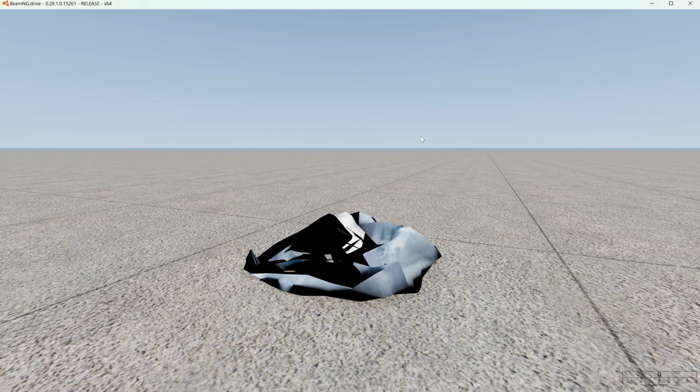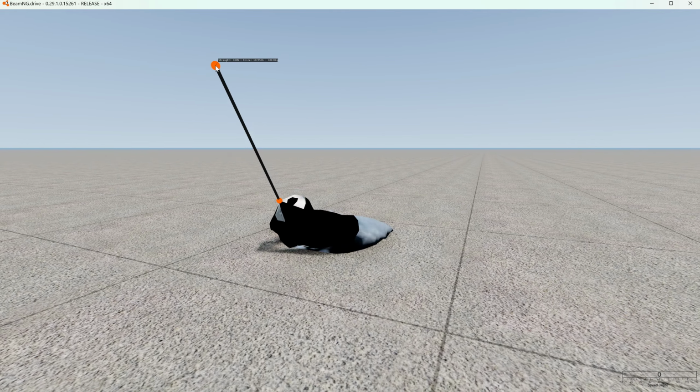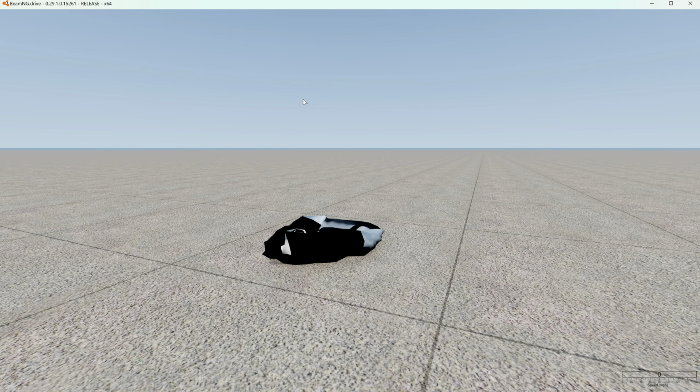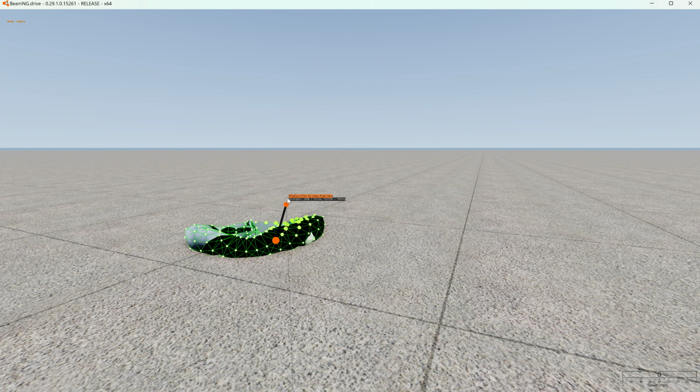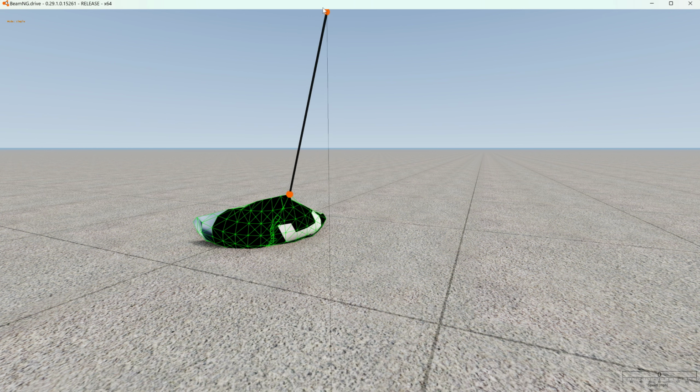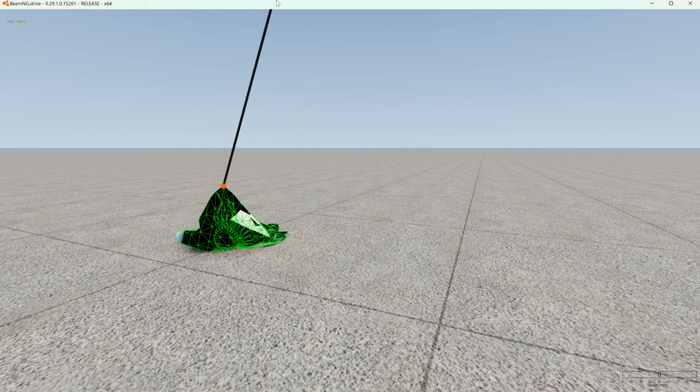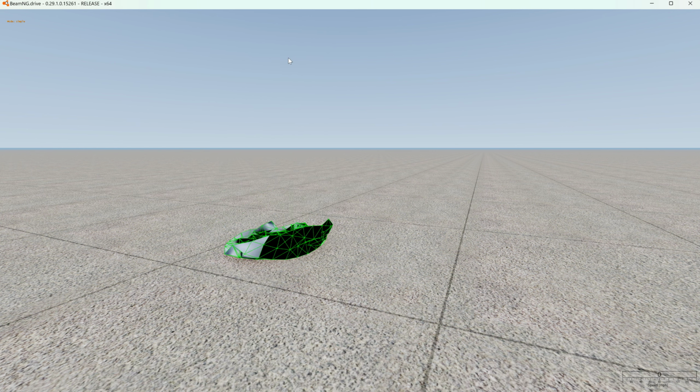You might be like, what happened to it? Well, remember, all them little nodes, they all got weight to them. When it was less of them and less beams, it didn't make that much of a difference. But when you got this many beams and that many nodes, that shit weighs a lot. So you can